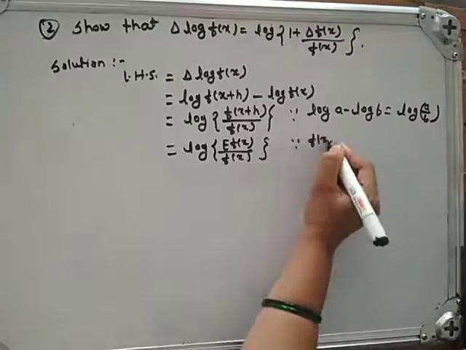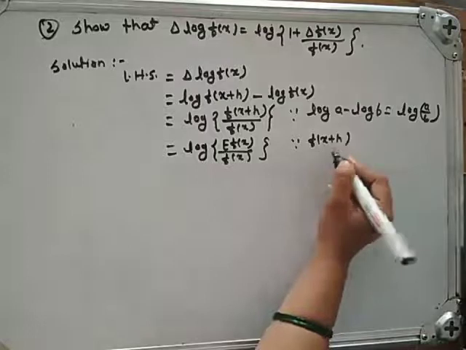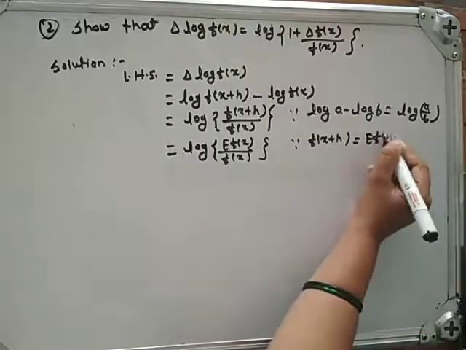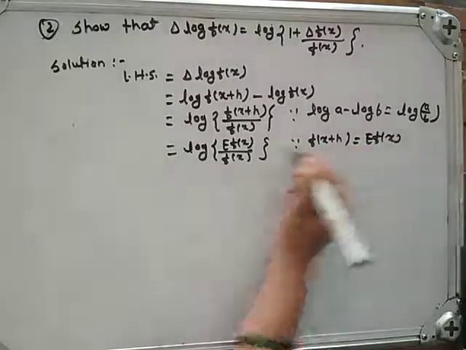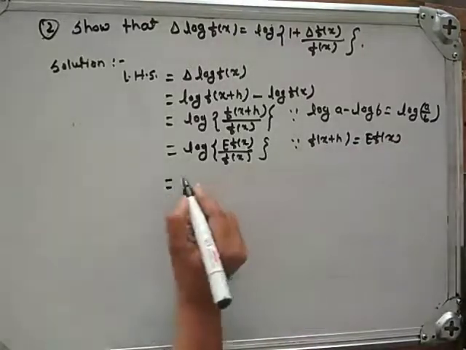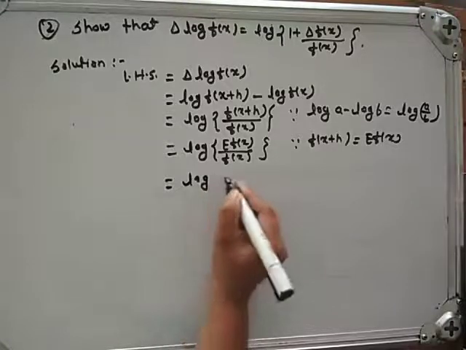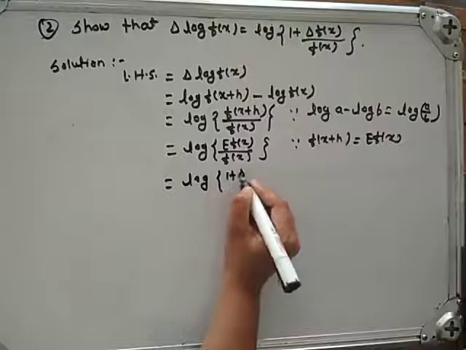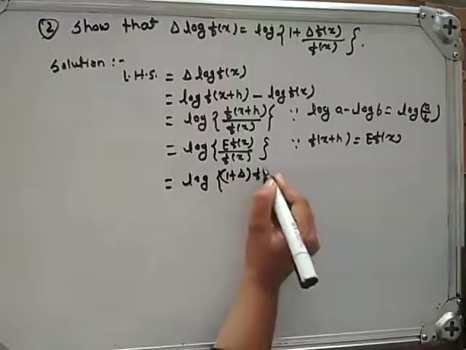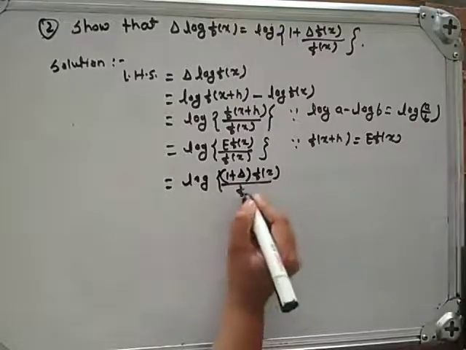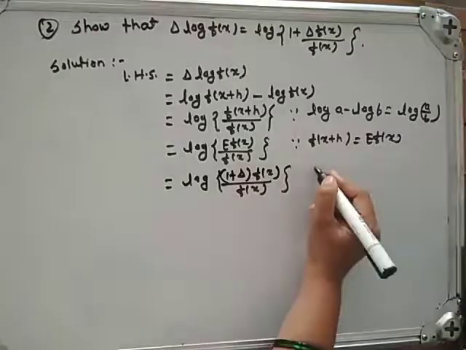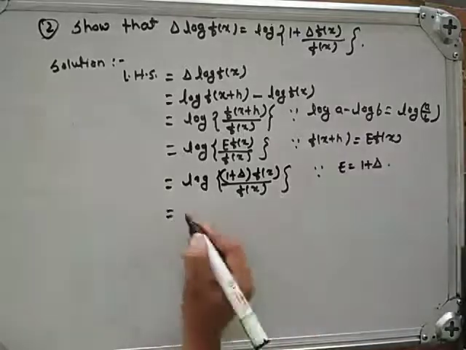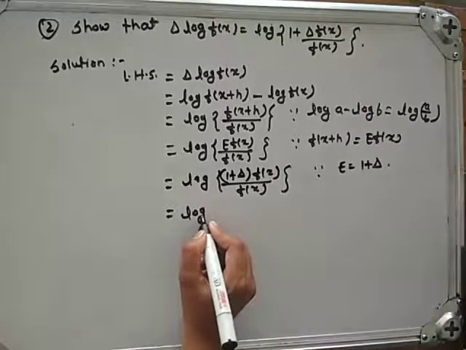Since we have already seen this, f of x plus h is equal to E of f of x, okay, which is equal to log of, here E is 1 plus delta, into f of x upon f of x, since E is equal to 1 plus delta,